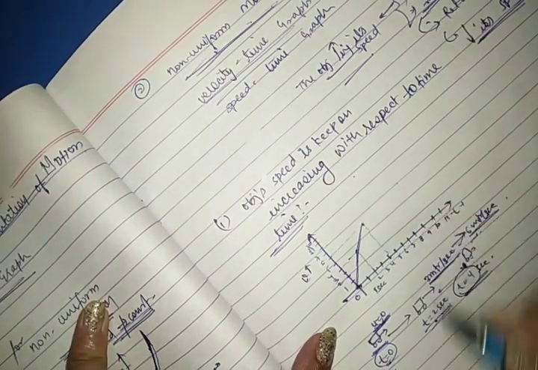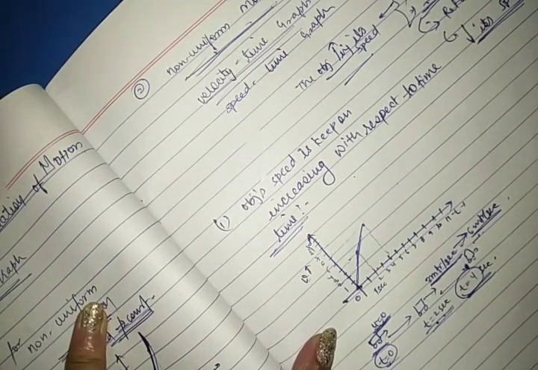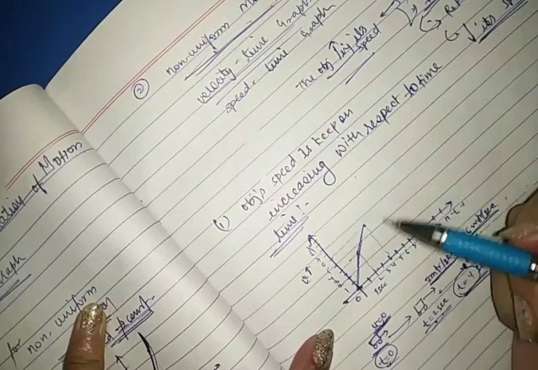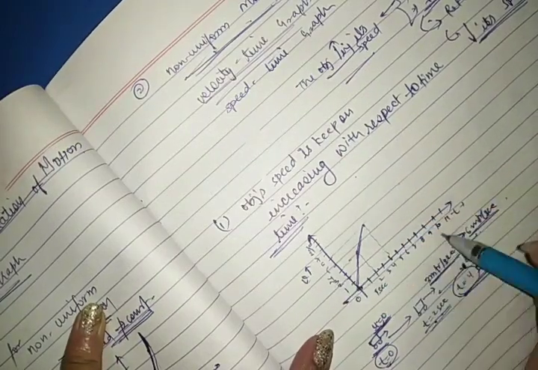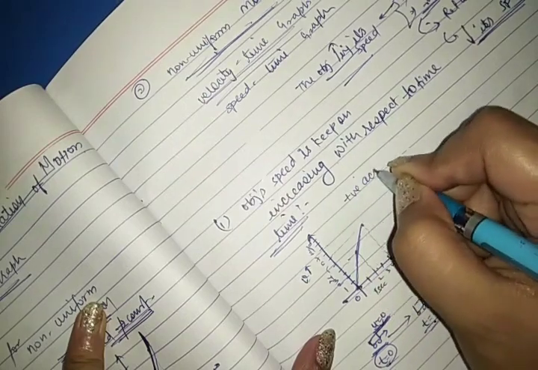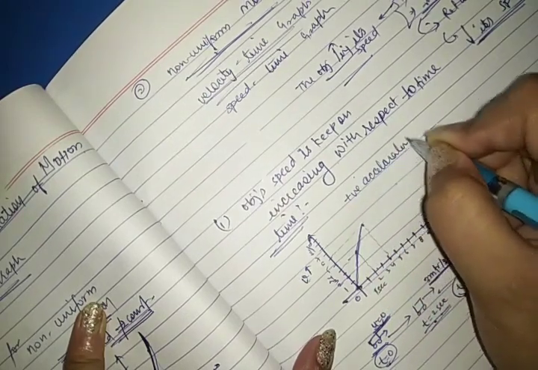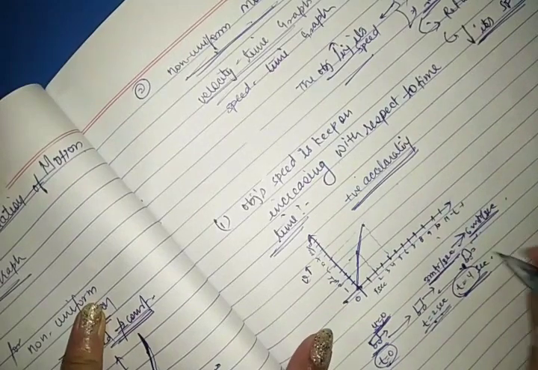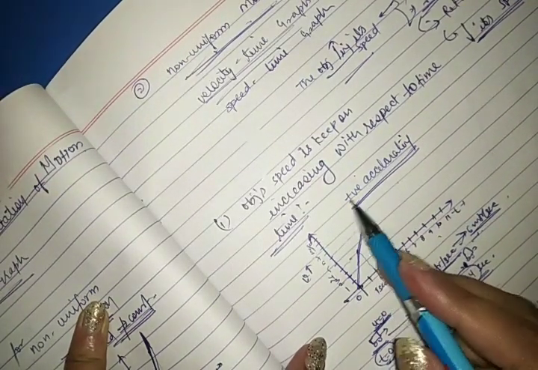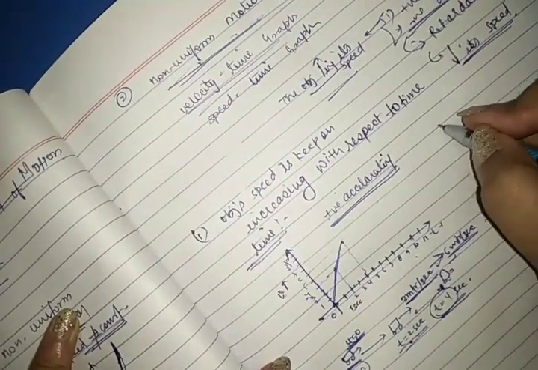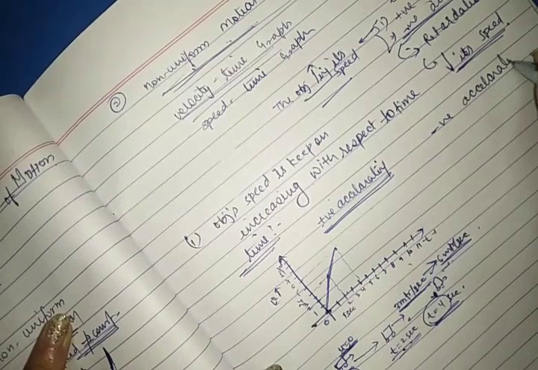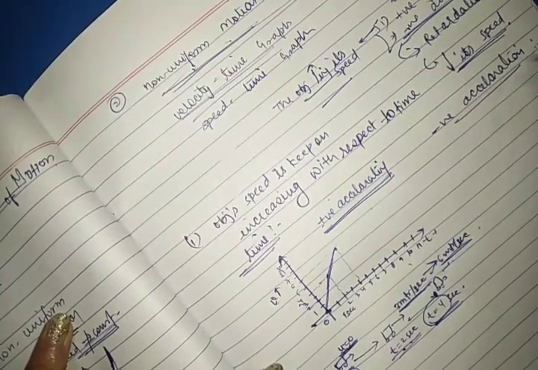So you can see, when we discuss non-uniform motion, and in this also positive acceleration, then we get the velocity time graph like this, in which this is positive acceleration, that the body is accelerating. Body is accelerating means it keeps increasing its speed gradually in the case of positive acceleration. If I talk about negative acceleration, then negative acceleration means the object's speed slows down.